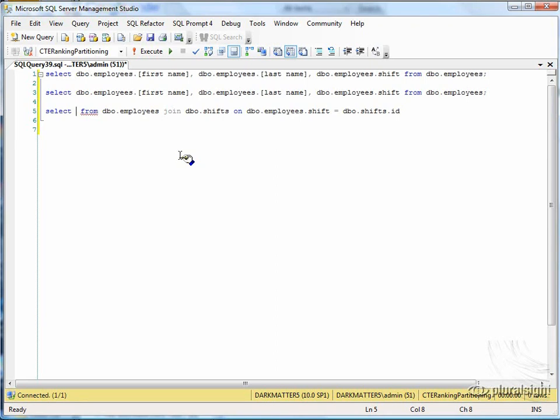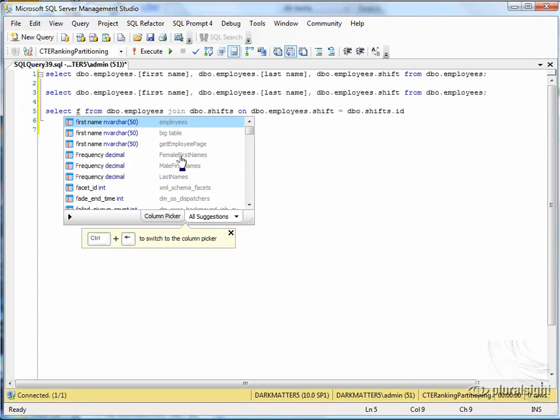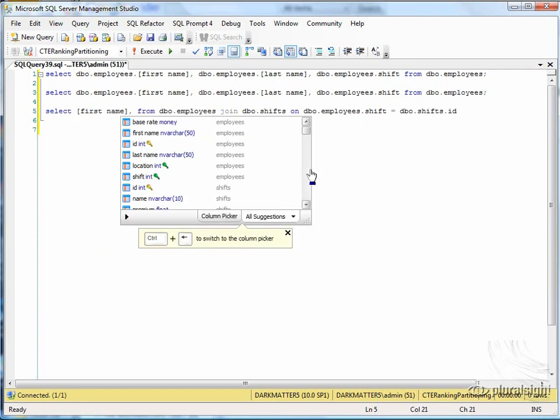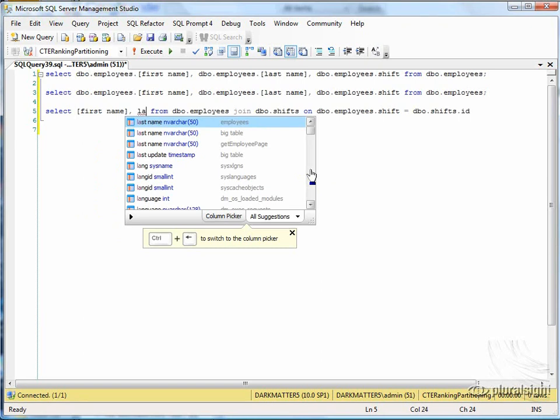Now that I'm over here, I can start filling out things. I can say like first name. Notice what it did. It brought up at the top of the list columns from the tables that are involved in the queries, and then all the other ones too, just in case I want to do something weird. So I can say, gee, I want to get the first name, I want to get the last name,